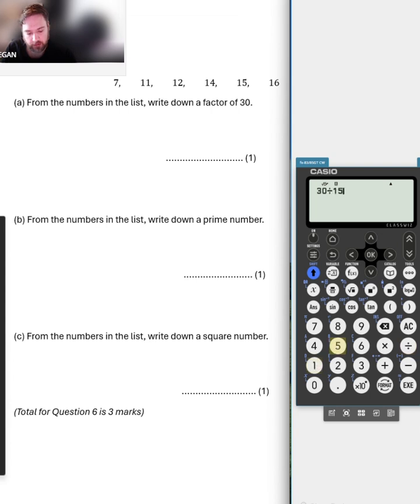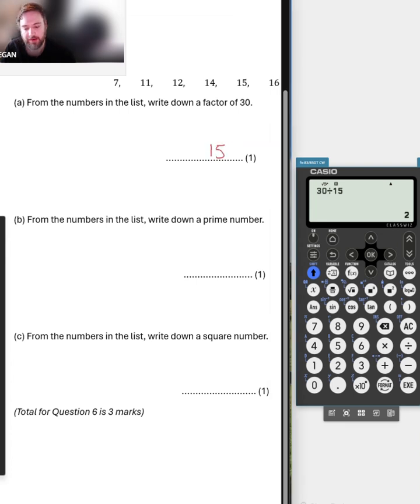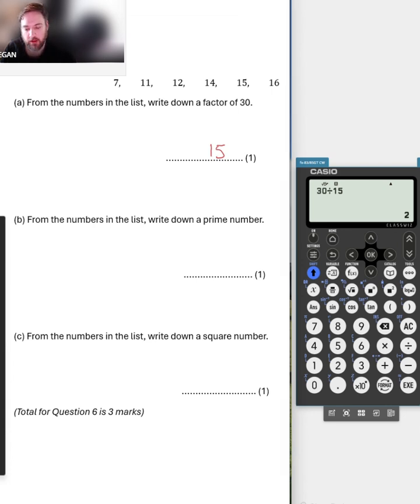I'm going to check 15. 30 divided by 15 is 2. That's a whole number. That means 15 is a factor of 30. So 15 is there. Now, the trick on the next couple is really useful. Part B, from the numbers on the list, write down a prime number. Okay, so if I enter the first number on the list,